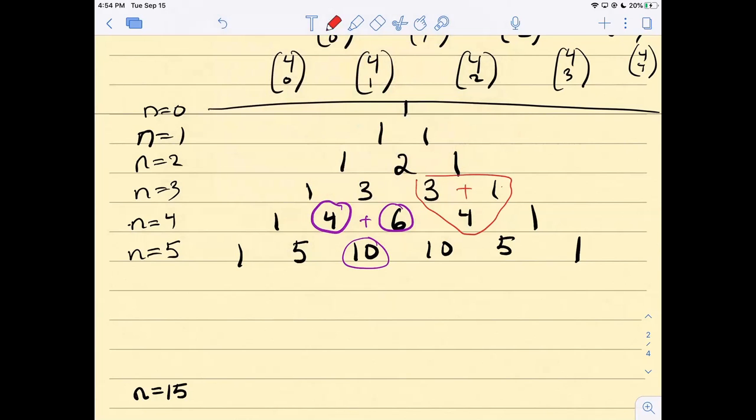So the next row, if you just want to do it without calculating combinations, will just be 1, 6, 15, 20, 15, 6, 1. What do you guys think? Is this a great way to do binomial expansion? What if you had to do x plus y to the 9th? Would you want to do it this way? It's maybe a matter of preference. But what's one disadvantage of using Pascal's triangle to do x plus y to the 9th? You'd have to